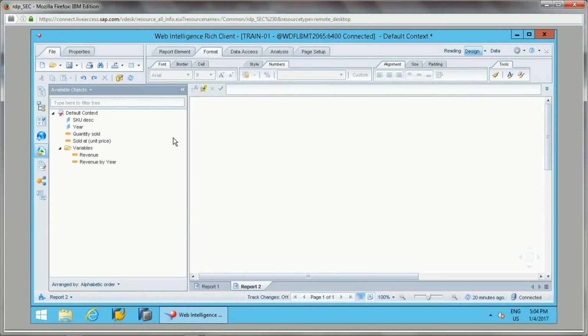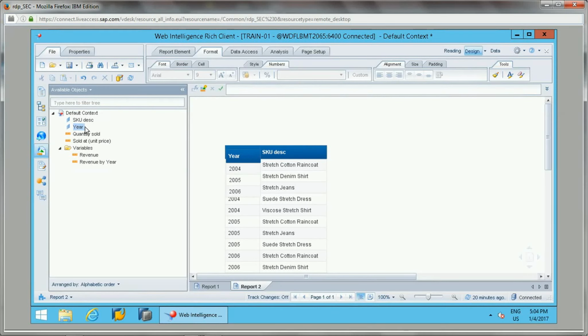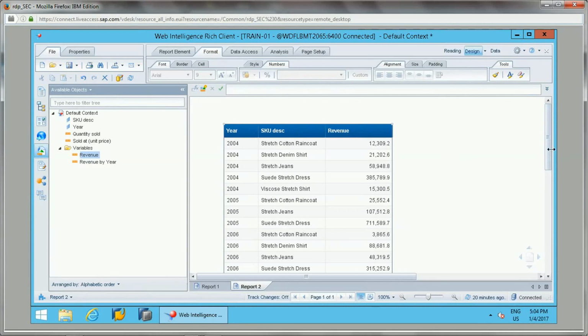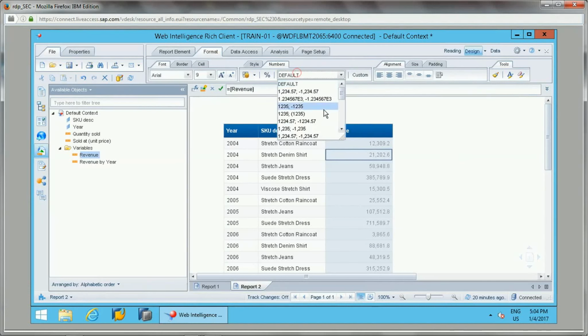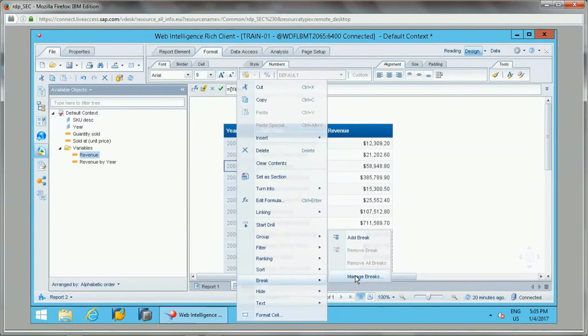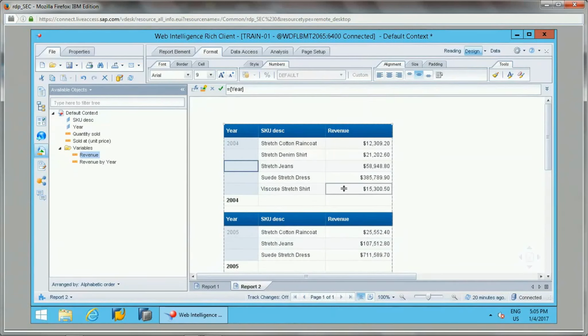It's gone somewhere. Let me add again here. Okay, SKU description, oh, it is there. I just need to add a sales revenue here. I will format this to the currency number. Then I'll add a break on this year to organize the data based on the year, to see how it looks.